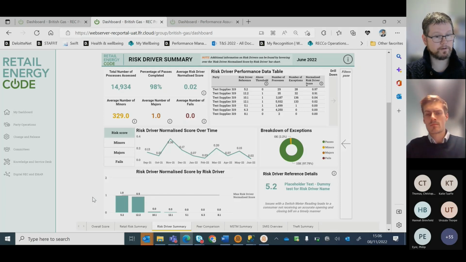So that takes us through the three risk dashboards, obviously increasingly detailed, depending on, I guess, your role within your particular party. I would imagine if you're into the detail of performance assurance, this is probably where you spend quite a bit of time, possibly the previous tab as well, in terms of understanding your own performance and seeing what we're seeing. And this is the data we see. So again,